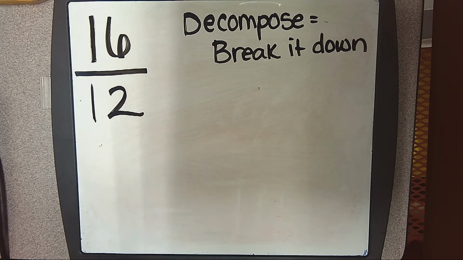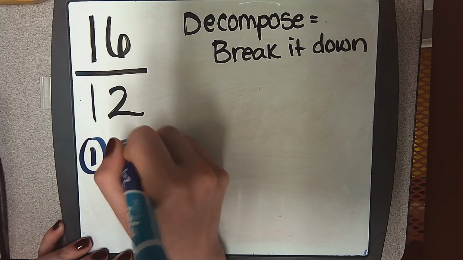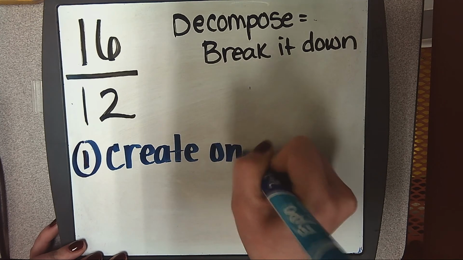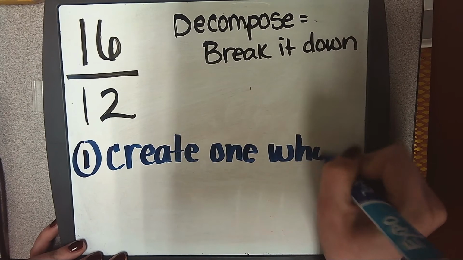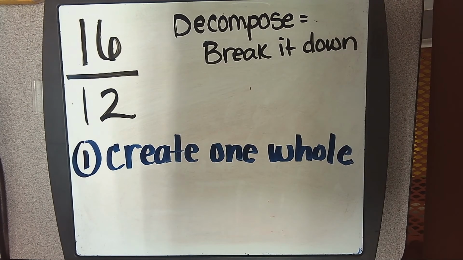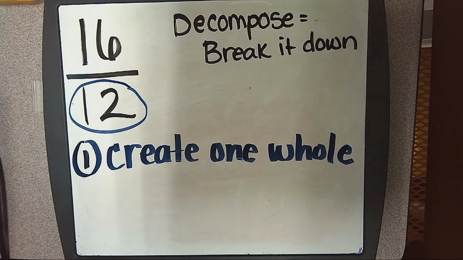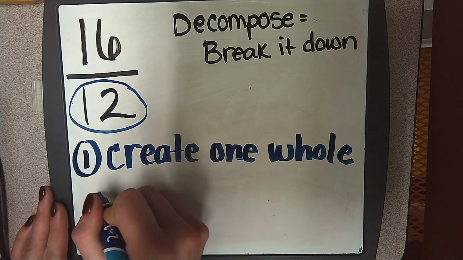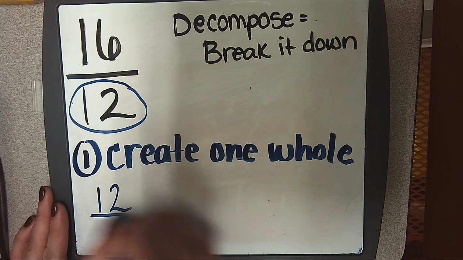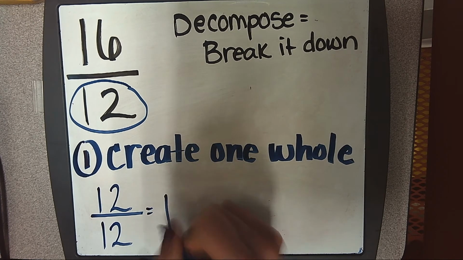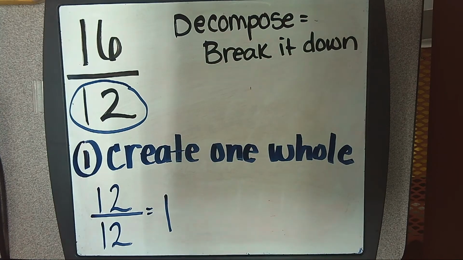So the first step is to create one whole. In order to create one whole, we need to look at our denominator. Our denominator is a 12. So in order for us to create a whole, we need to have 12 on top and 12 on the bottom. That would be equal to 1. Then we need to think about what is left over of the fraction. So when we're decomposing it,